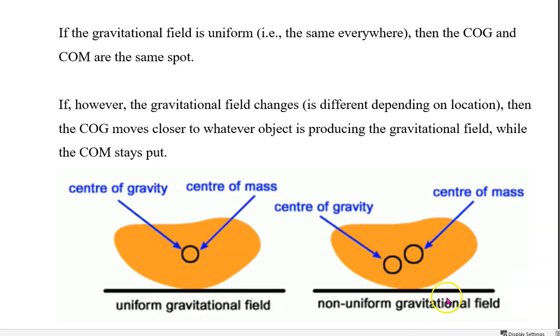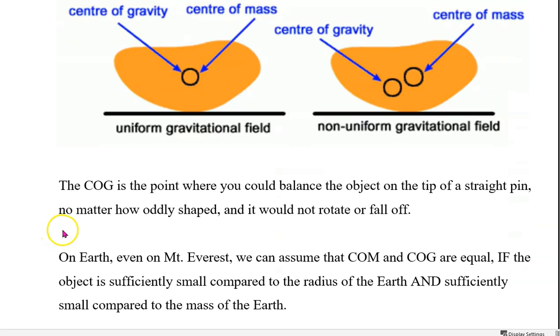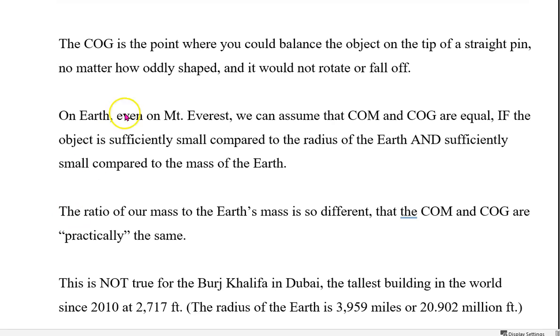So in a non-uniform gravitational field, the center of gravity moves towards the object exerting the gravity, whereas the center of mass stays put. If it's a uniform gravitational field from one side of the object to the other, from top to bottom, then the center of mass and center of gravity are the same. The center of gravity is the point where you could balance the object on the tip of a straight pin, and no matter how odd the shape of the object is, it will not rotate and it will not fall